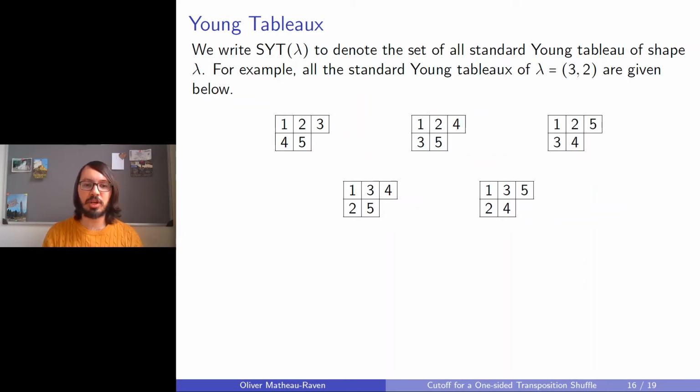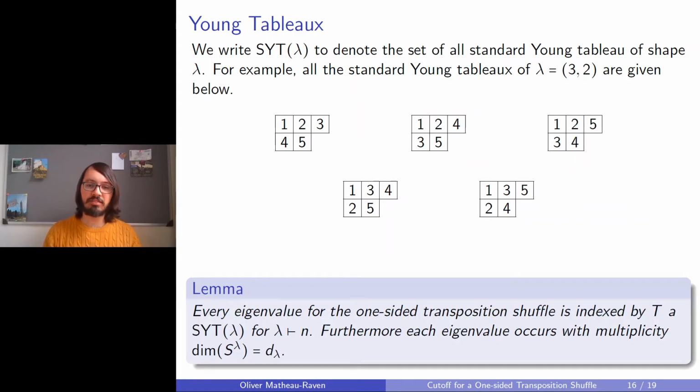Each standard Young tableau defines one path down Young's lattice that starts at the empty set and ends at lambda. How do we define this path? Well, you add the boxes to the empty set in the order given by the tableau. We add box 1 first, then box 2, 3, 4, and then 5. Now, because each standard Young tableau denotes one path down Young's lattice, it therefore denotes one eigenvalue and eigenvector for our shuffle. So every eigenvalue for the one-sided transposition shuffle is indexed by a standard Young tableau, and furthermore, each eigenvalue occurs with multiplicity the